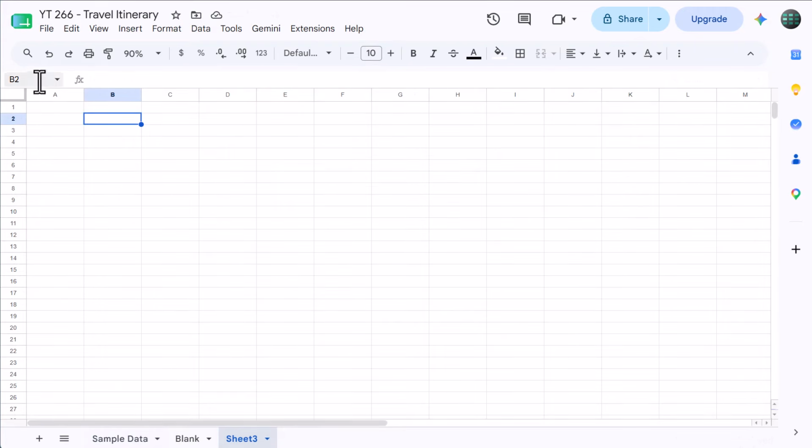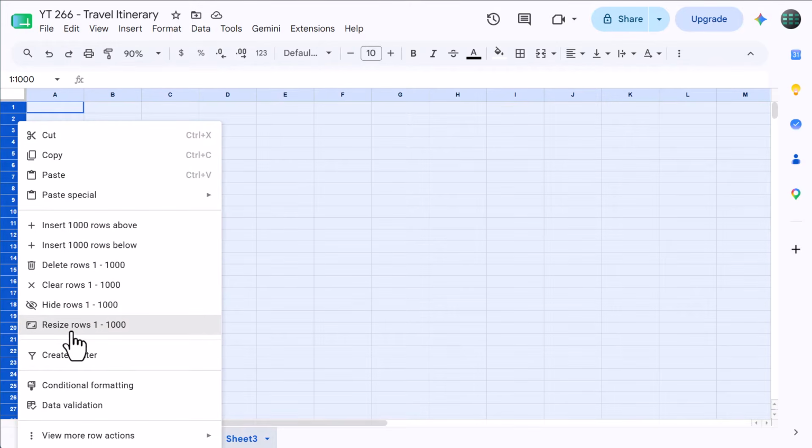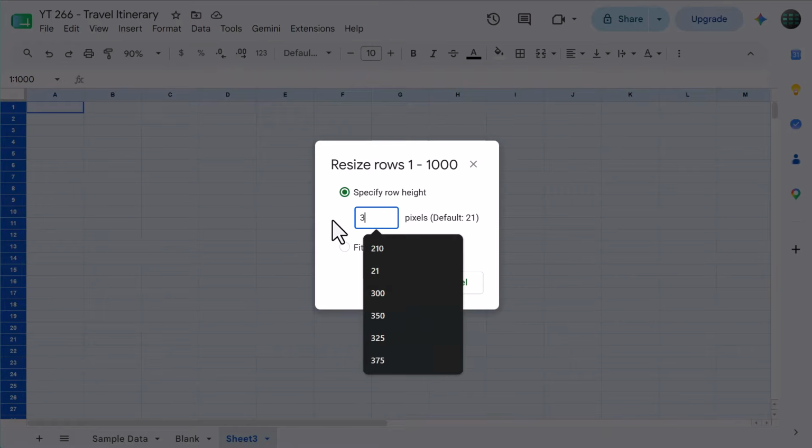Start by clicking in this box called the name box. Type in 1 through 1000 and press enter. This will select rows 1 through 1000, and with these rows selected, right-click, resize rows, set the size to 30,